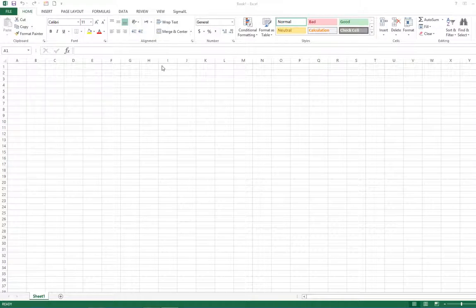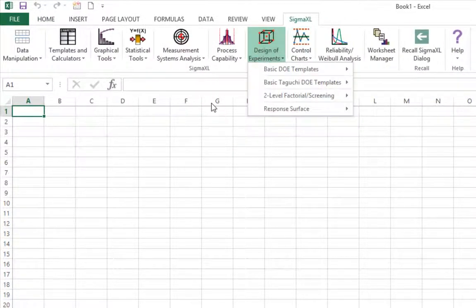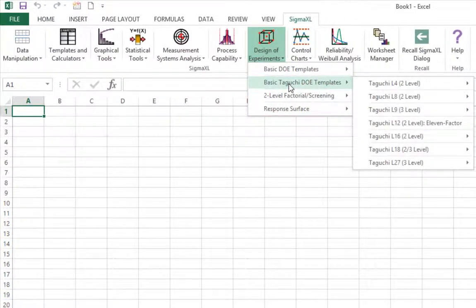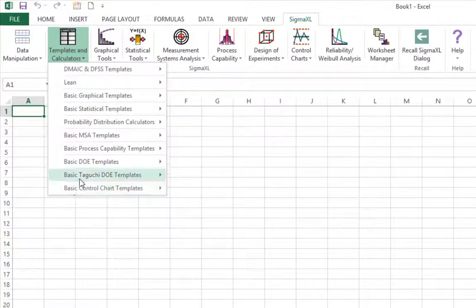The Taguchi DOE templates are similar to the other SigmaXL templates. You simply enter the inputs and resulting outputs are produced immediately. To open the templates, click SigmaXL, Design of Experiments, Basic Taguchi DOE Templates, or SigmaXL, Templates and Calculators, Basic Taguchi